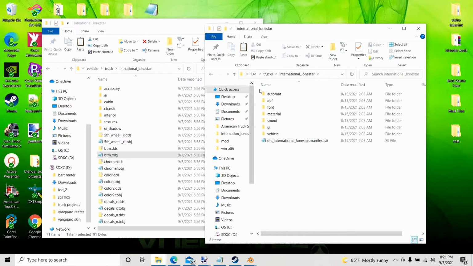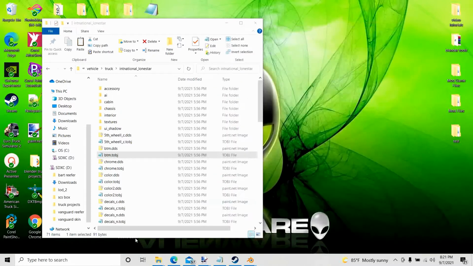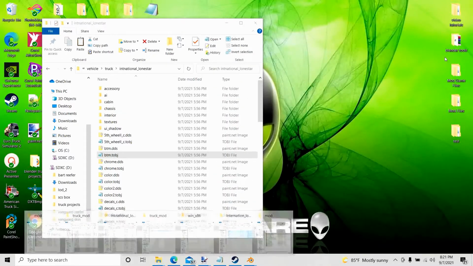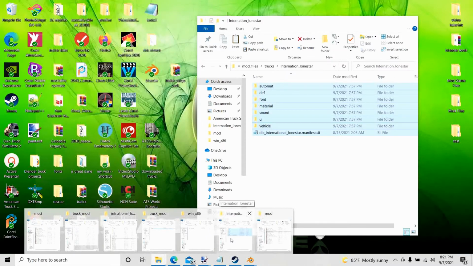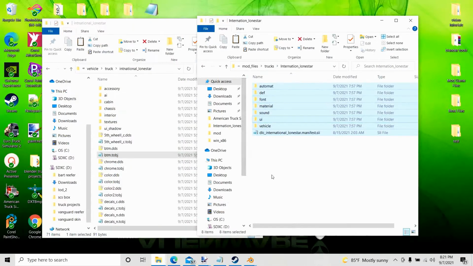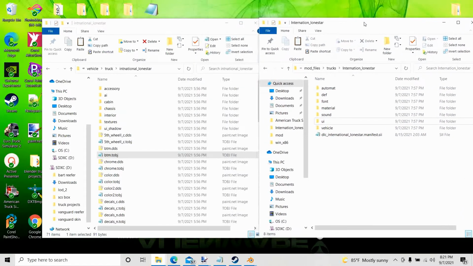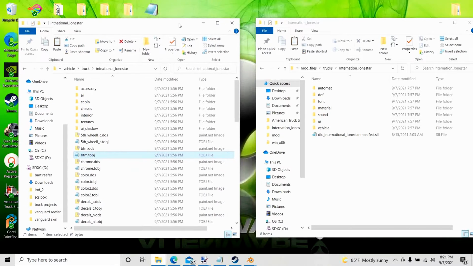So what I did, I copied these files and put them in my mod files, and those are the same folder files that I copied straight from the DLC. I haven't made any modification to these files whatsoever. So I'm going to take these files and convert this into a truck mod. The process is pretty simple. Just highlight them all,